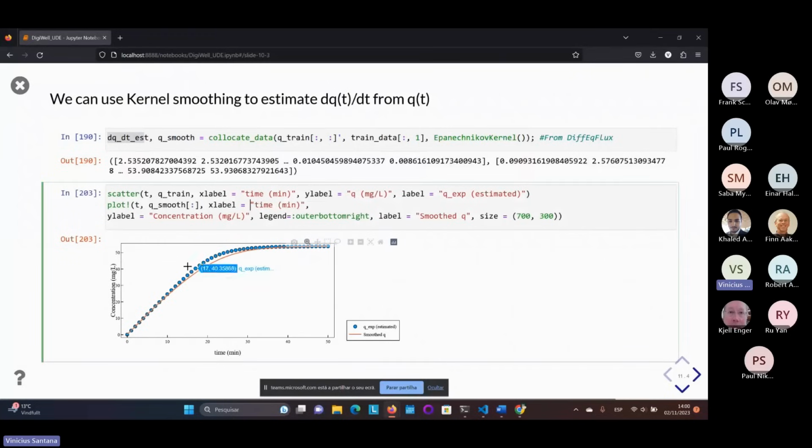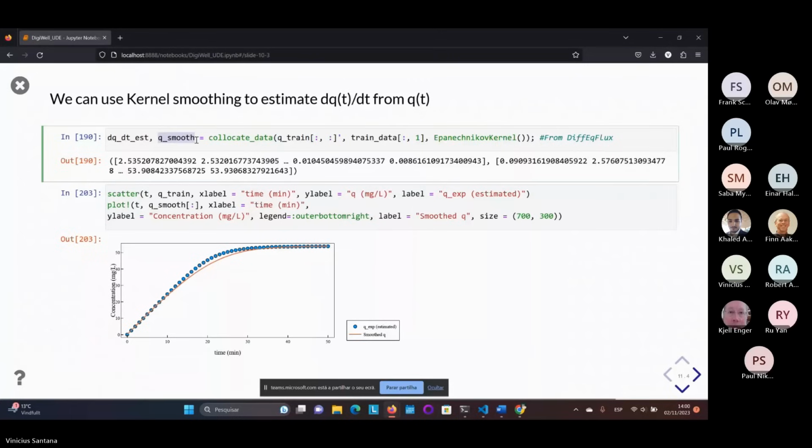So here I have plotted the original estimation, in these blue circles, which is the estimated solid phase concentration. And in orange, you can see the smooth version coming out of my kernel smoothing. And also, I didn't plot the derivative, but it was also estimated. One thing you should be really careful about when using this collocate data is if you have very sparse points in time, then your estimation of the derivative can be very, very poor. So you have to have a really decent, small spacing between your data points to be able to estimate derivatives properly.